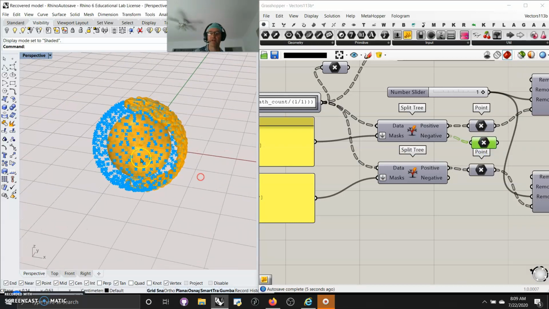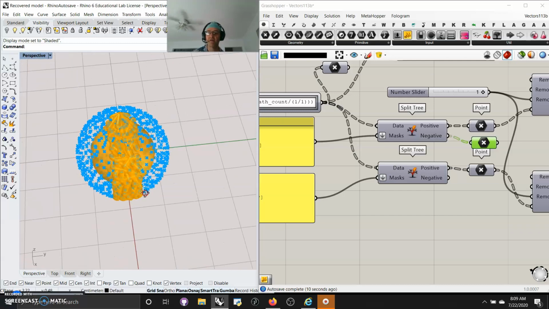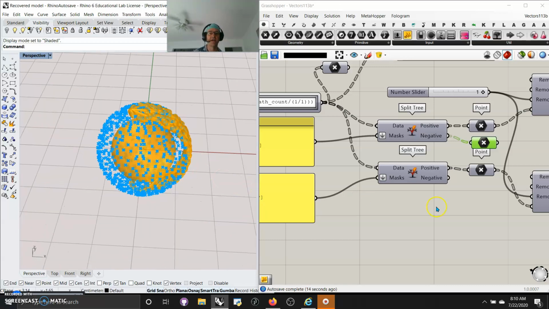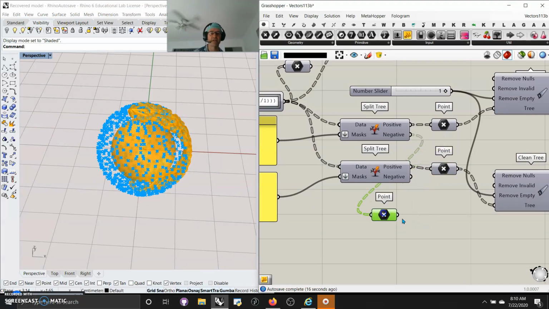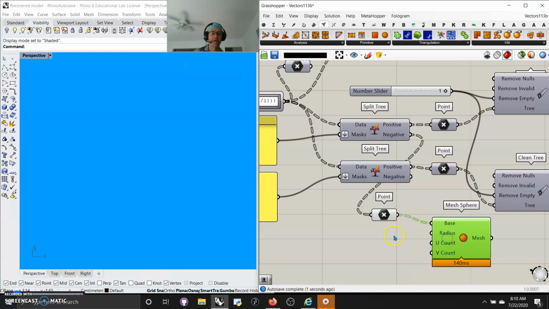I don't have to make that circle inside from the original circle. I could deal with the data that's actually coming out here that doesn't highlight these line points. And I could do something like, what if I took all those points? And that's going to take a while, so I'm going to go on Mesh and grab a mesh sphere. Now this is going to be huge as I bring that in, but I'm definitely going to want to take